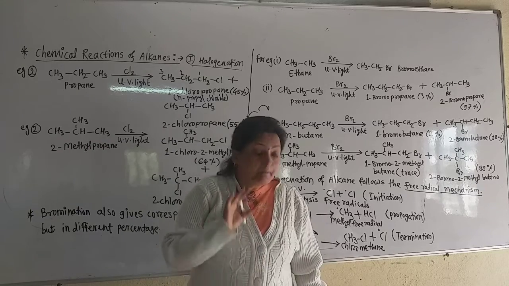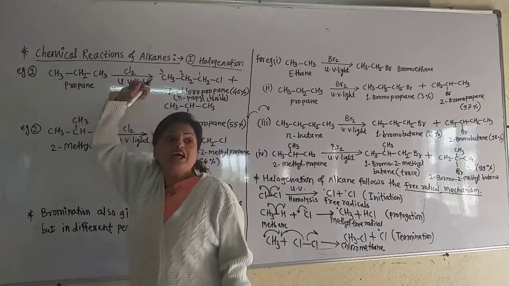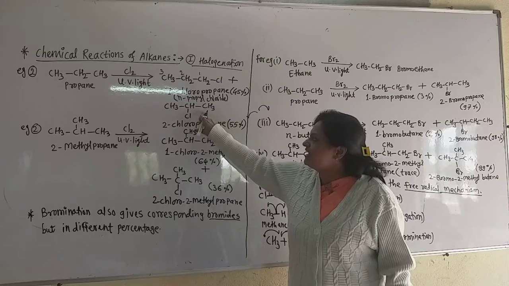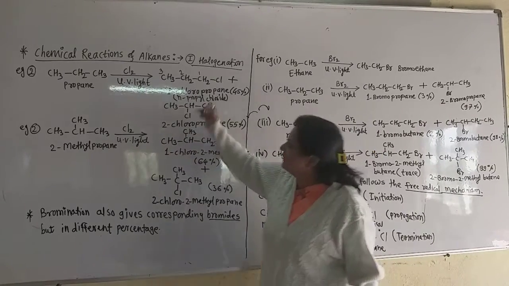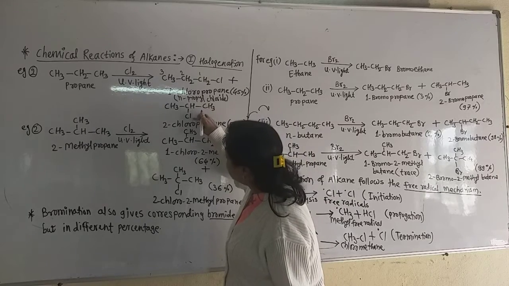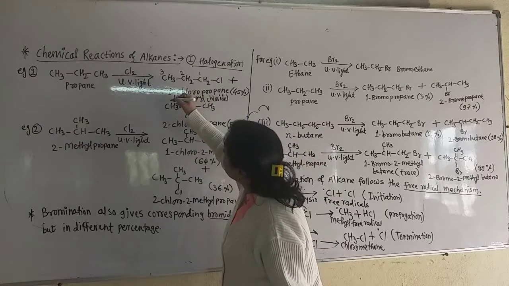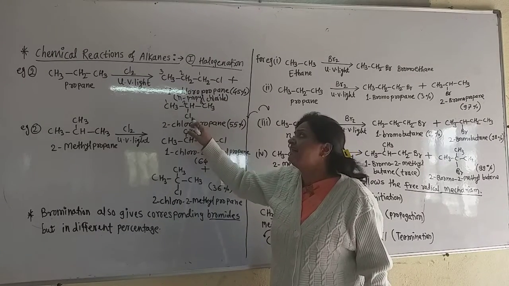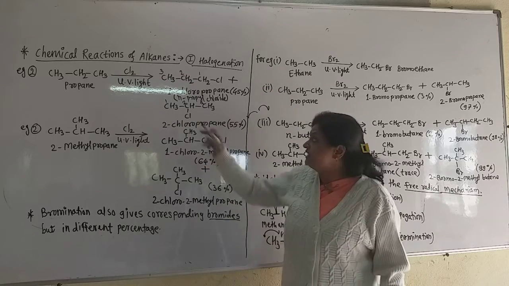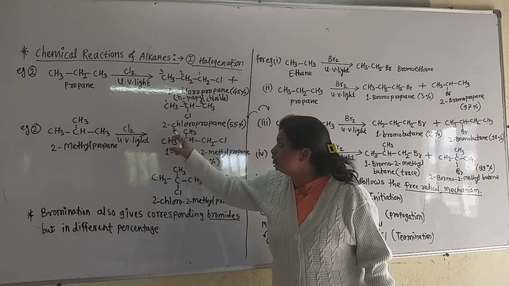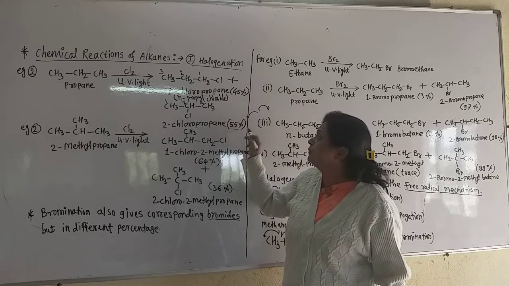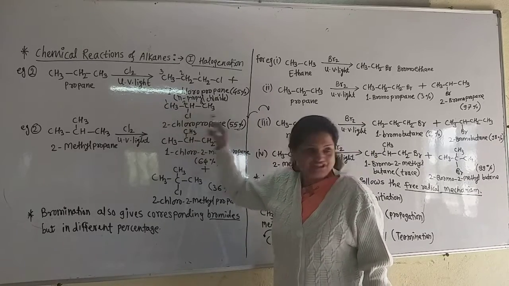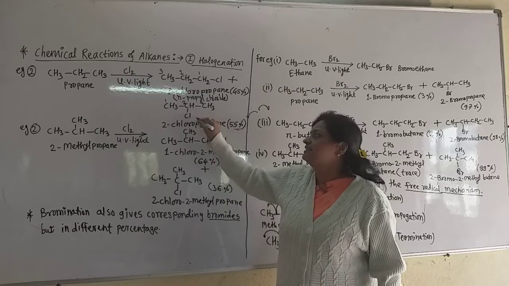So same product. But if the hydrogen of the middle carbon is replaced by chlorine, then a different product is formed. And that product is called 2-chloropropane. Number from any side, because this chlorine is attached to the center carbon atom. Suppose we number from this 1, 2 and third carbon. As this chlorine is attached to the second carbon of propane, it is called 2-chloropropane. Now it is 55%, which is 10% more, because here there is branching of the chloride. So that is not such straight.